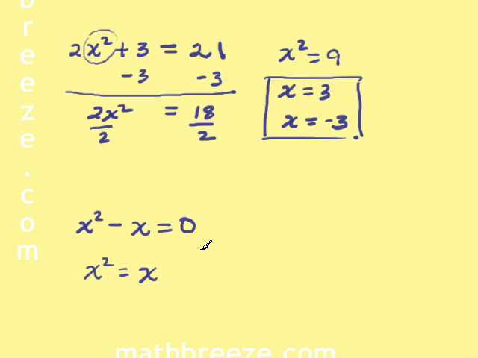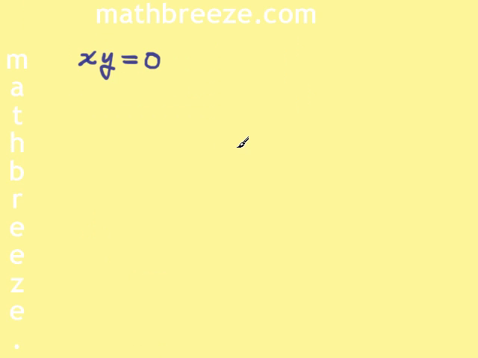But usually that's not the case. Usually a quadratic equation will have an x squared term and it'll have an x term. And so we won't be able to solve using basic operations like we did in the previous example. So we have to think of something else. So before we solve that previous example, x squared minus x equals 0, let's look at this equation over here,